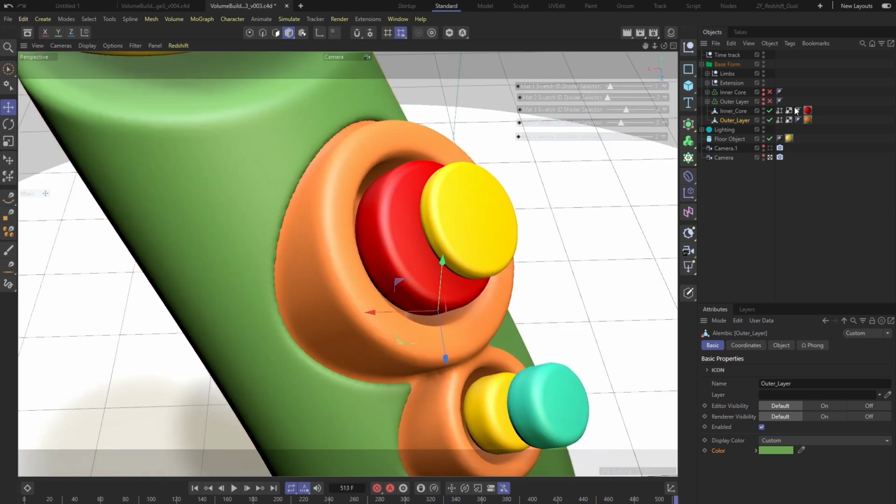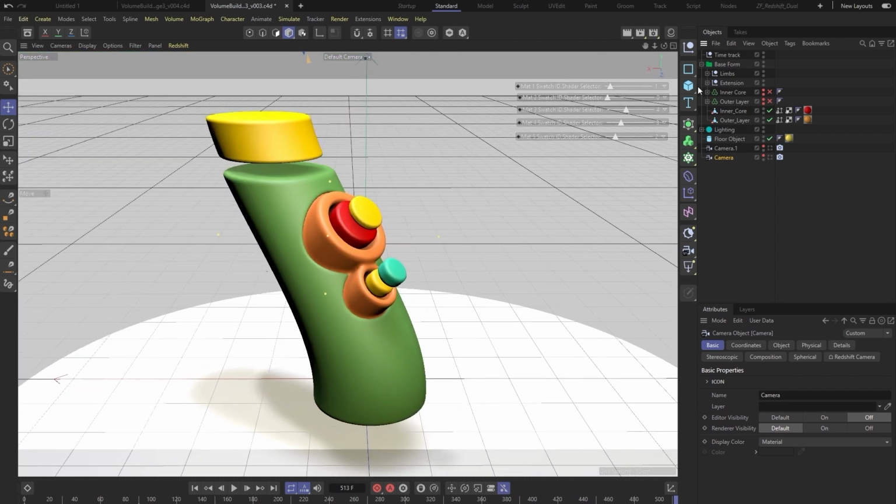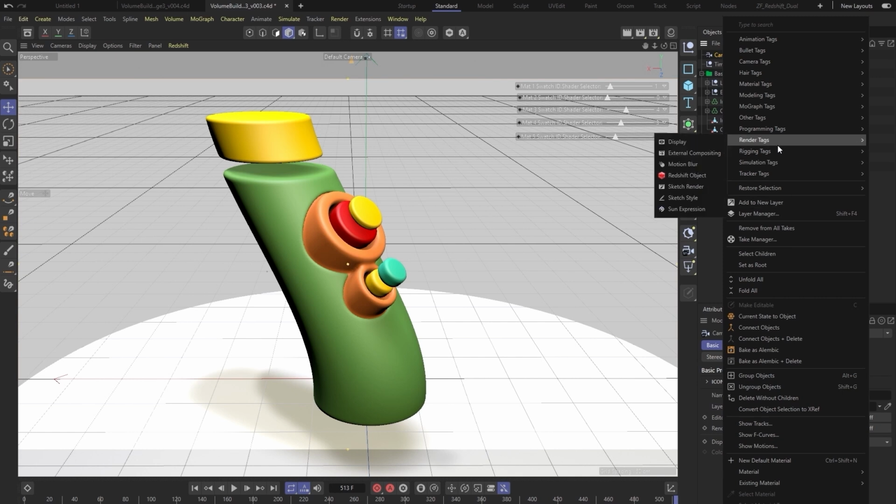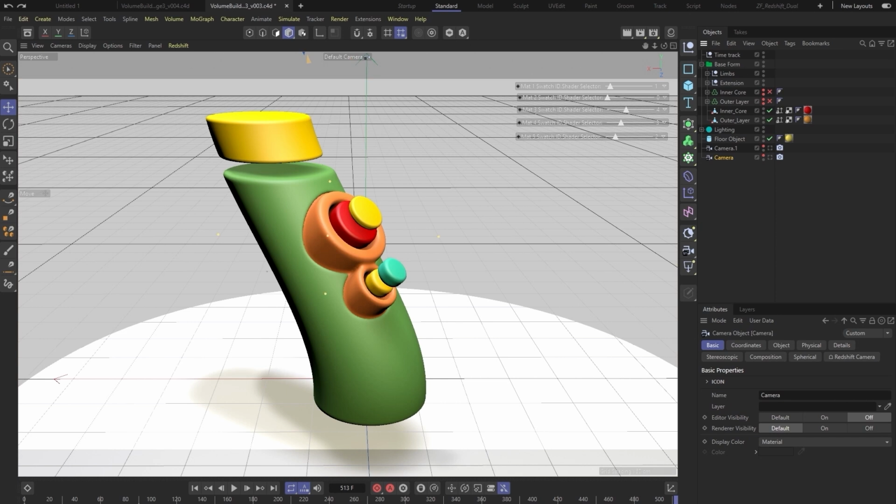So I've gone and created a couple cameras. Let's go ahead and create a new one. I'm gonna drop down to here, create a new camera. Now this camera does not come in with the Redshift camera tag, so I'm going to add that in. Render. Oh wait, where is the? How do I have to create a new? Let's go to.